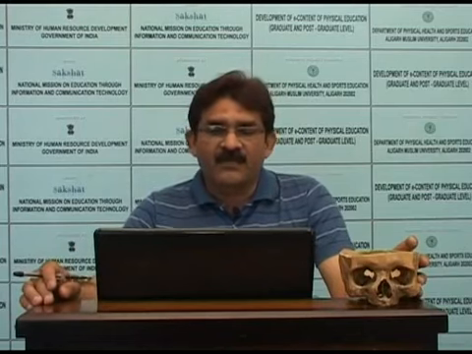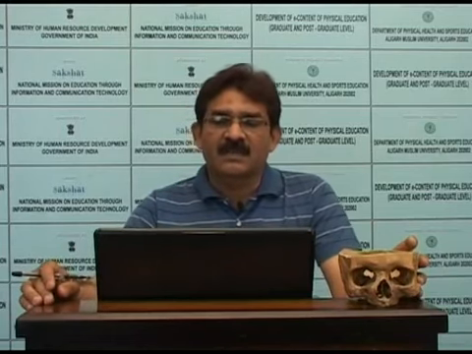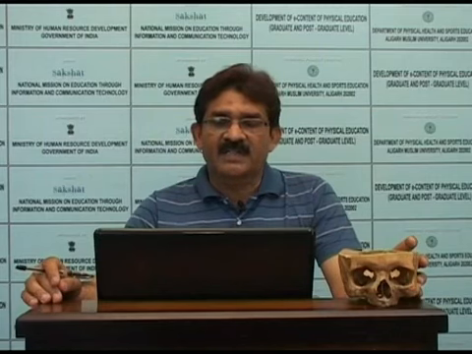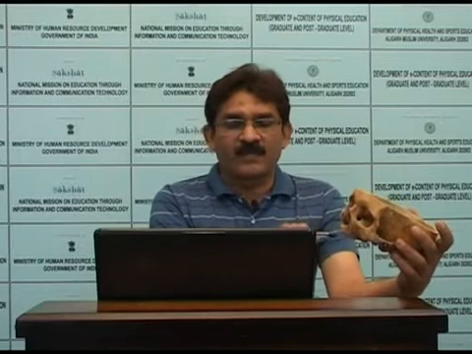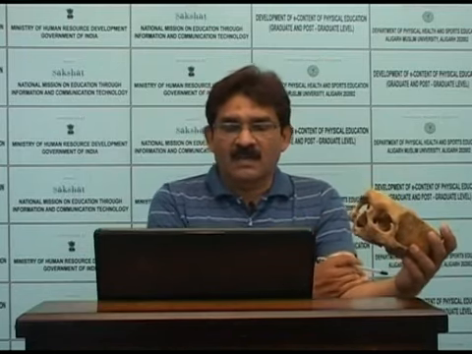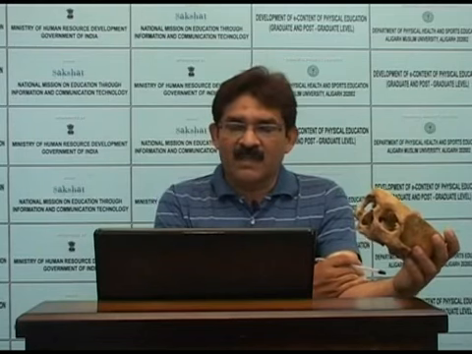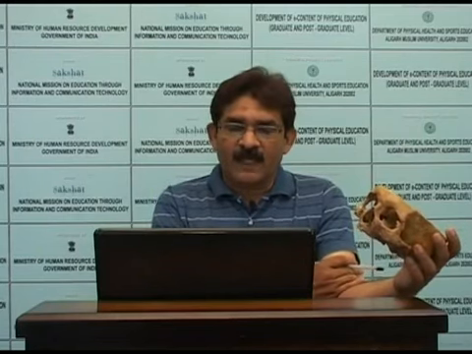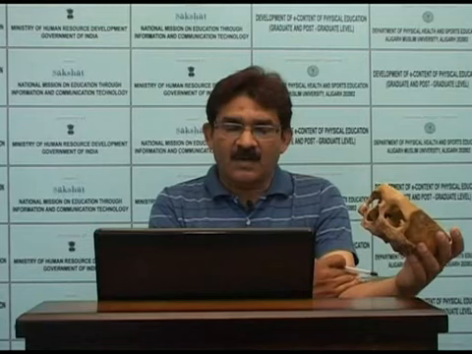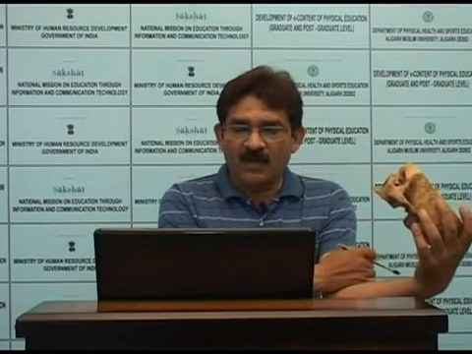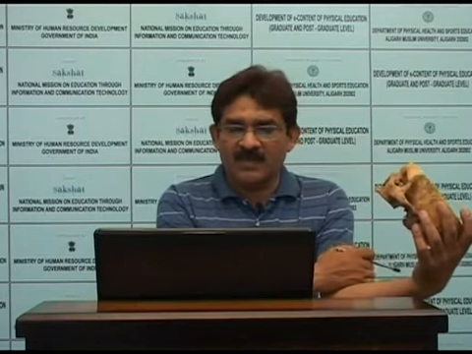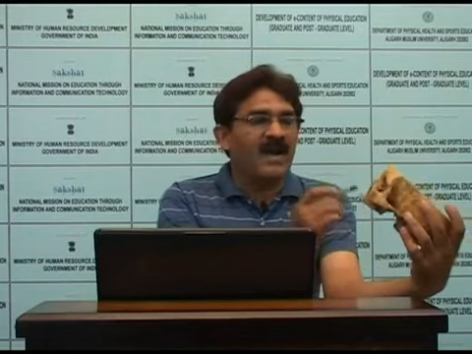Seen within the pyriform aperture are the scrolled middle nasal conchae. This is the middle nasal concha. The vomer bone along with the perpendicular plate of the ethmoid bone together form the bony nasal septum. This is the bony nasal septum, which can also be identified within the pyriform aperture.